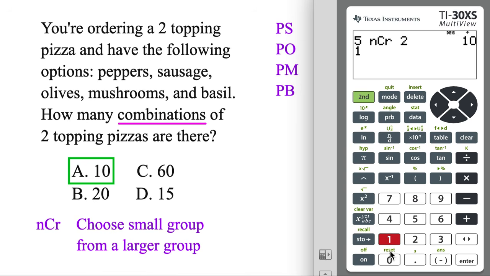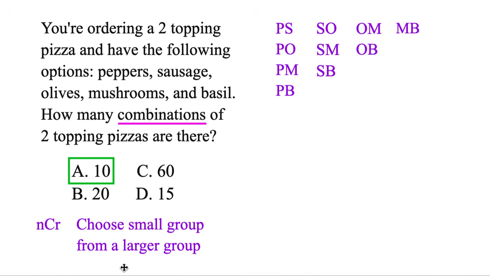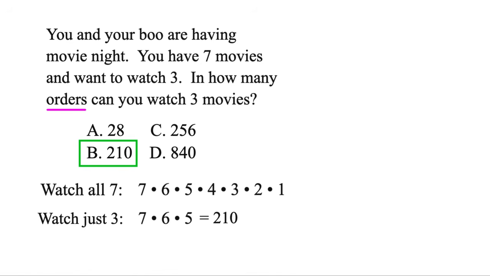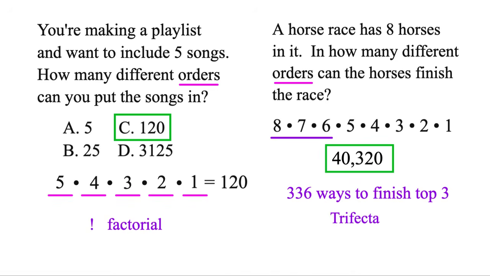So for instance, let's say 10 people are auditioning as extras for a movie, but there's only 4 spots available. So how many ways can we form a group of 4 out of 10? There'd be 210 different ways to get a group of 4. Between these are the main types of combo and order problems that show up on the